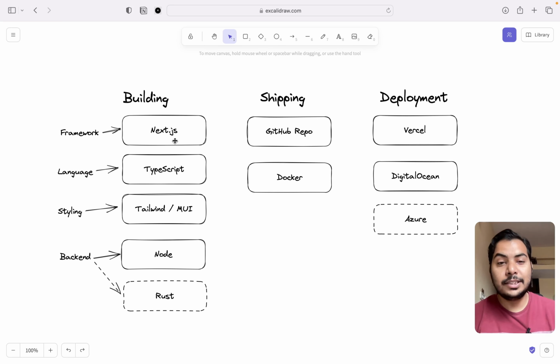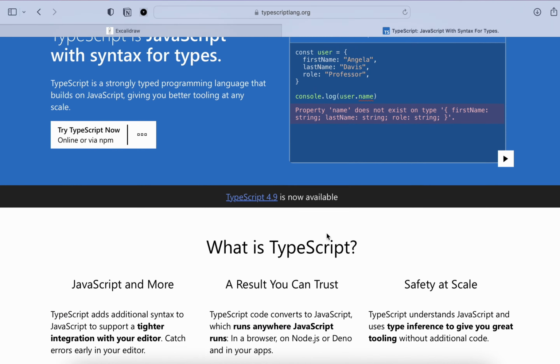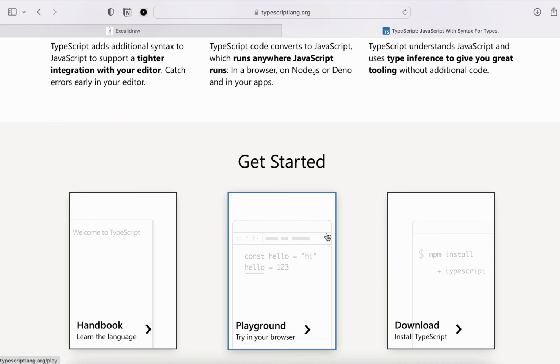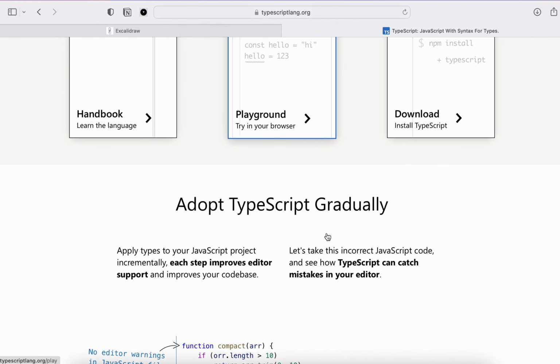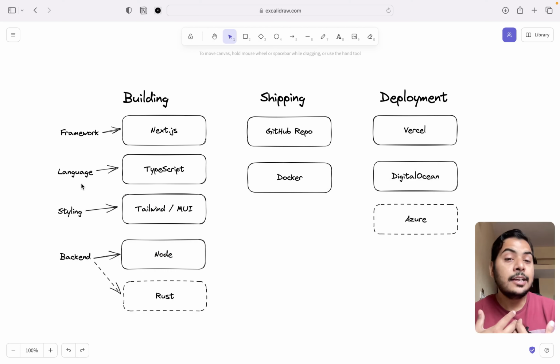So Next.js is basically a JavaScript framework. So naturally you can use JavaScript for it. But for my programming language of choice, I will use TypeScript because it helps me in detecting errors even before I ship the application. So TypeScript is really great at type checking and it prevents very basic errors, I would say. So TypeScript will be my programming language of choice, and for styling my web application I will use MUI,